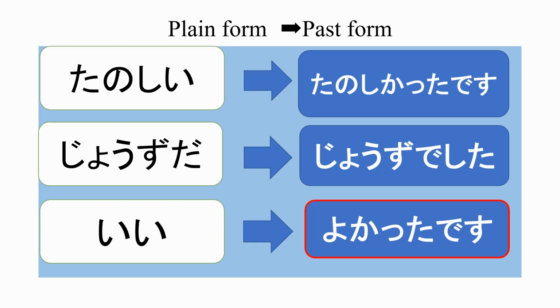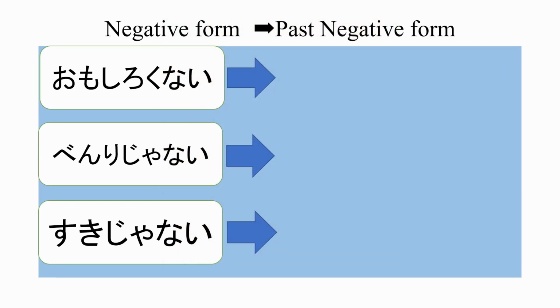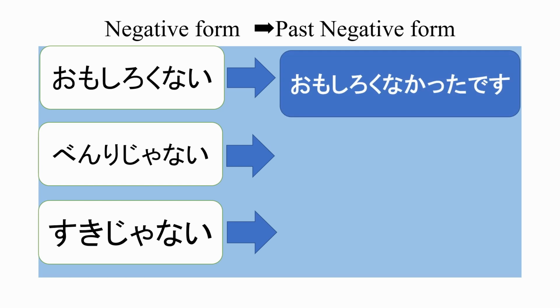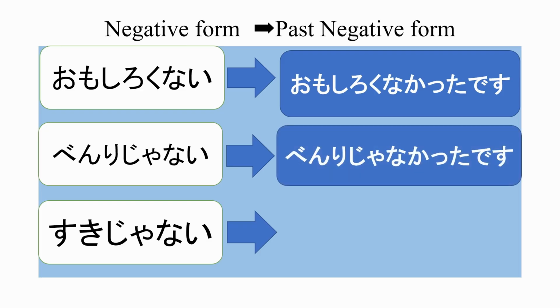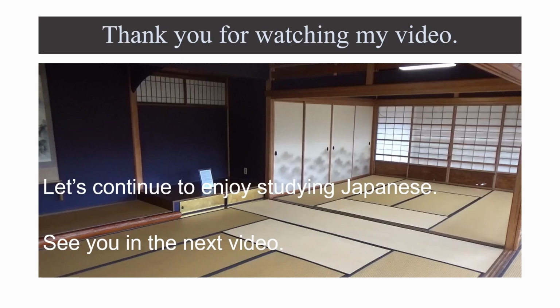So, よかったです。面白くない, past negative form. 面白くなかったです。便利じゃない。便利じゃなかったです。好きじゃない。好きじゃなかったです。